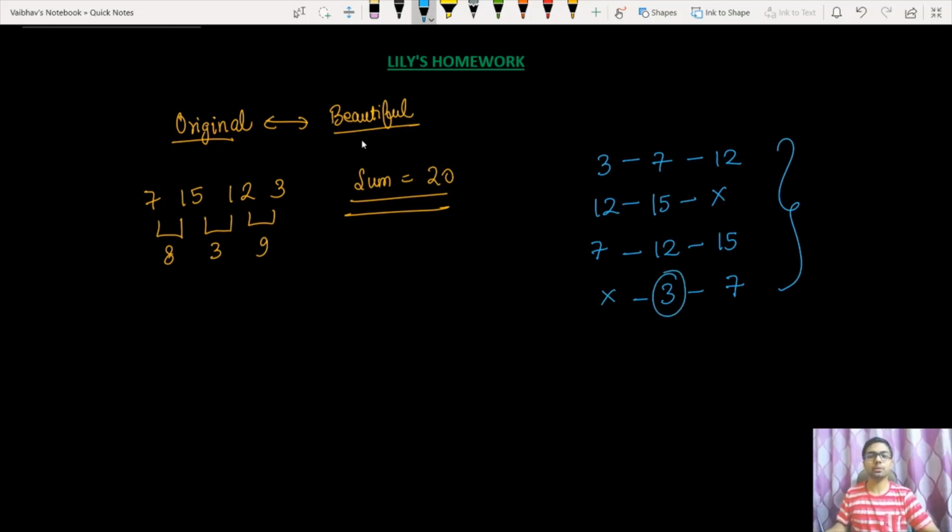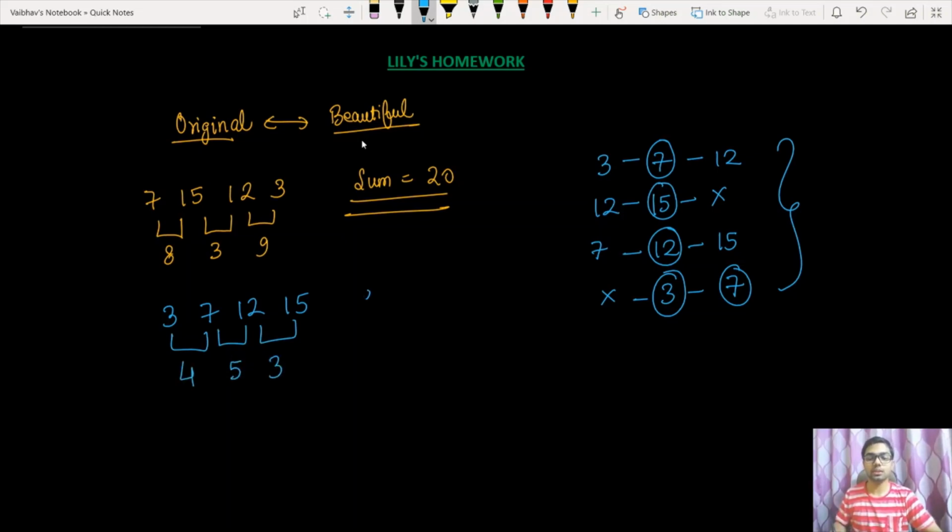So firstly, I'm going to choose the element 3 as there is no element present on the left hand side of this element. So if the first element is 3, our next element would be equal to 7, and for 7, 12 is present on the right hand side. Now we move on to the next element, that is 12. For 12, 15 is present on the right hand side, and for 15 there is no element present on the right hand side. So if we find the sum of absolute differences for this array, it would come out as 4, 5 and 3. So the sum comes out as 12.